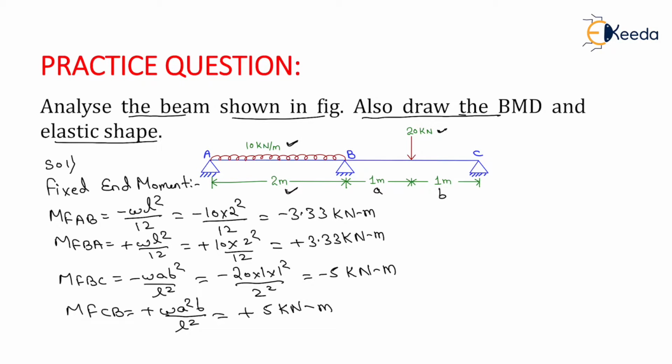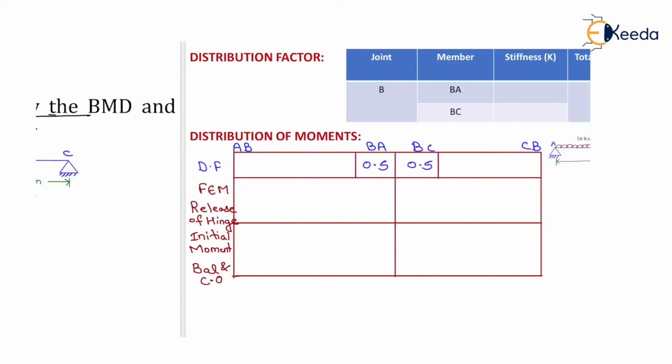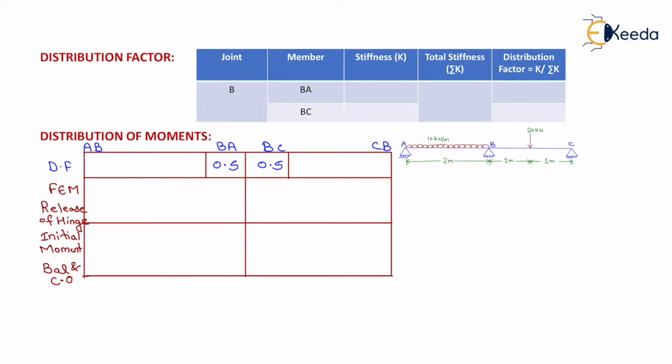Now we need to distribute these moments. For distribution of the moment, we need to find the distribution factor. Now at joint B, there are two members meeting, that is BA and BC, so the moment is distributed in span BA as well as in span BC. Now when we stand on B and look at support A, this is a hinge support. So whenever the far end is hinged, the stiffness will be equal to 3 EI by L, and here the